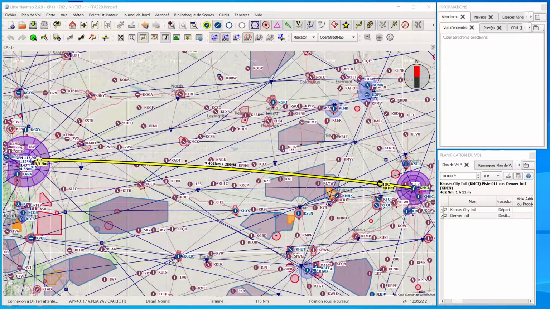Hello, welcome back. Today we are going to go from Kansas City to Denver International. And first what we will do is to draw the flight plan using Little Nav Map, and I will show you just two methods. One is very easy. You go to the flight plan